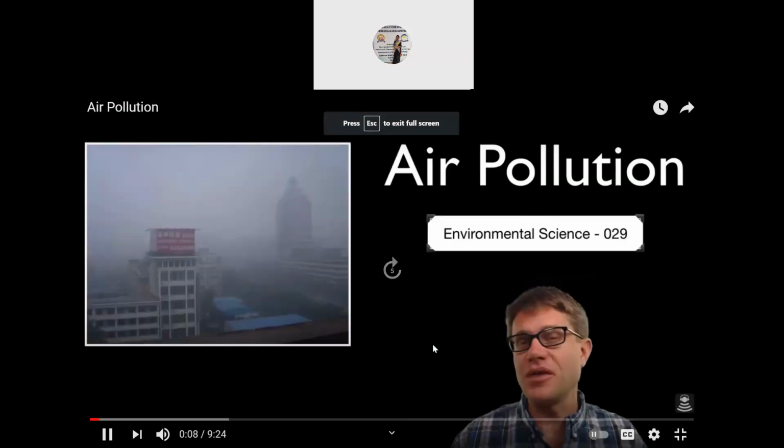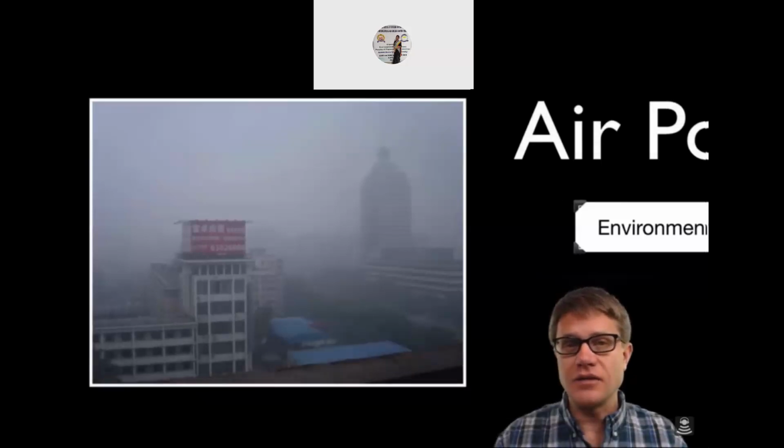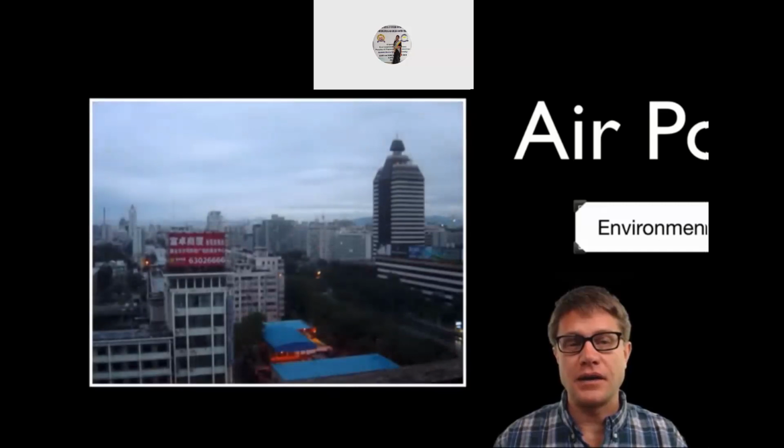When we think of air pollution today, we think of cities like Beijing. I spent a week there and I could never see the sun. In this picture, you can see before and after a rain, which has knocked a lot of those chemicals out of the atmosphere. And these chemicals have adverse health effects.